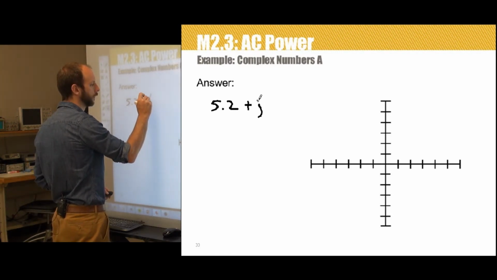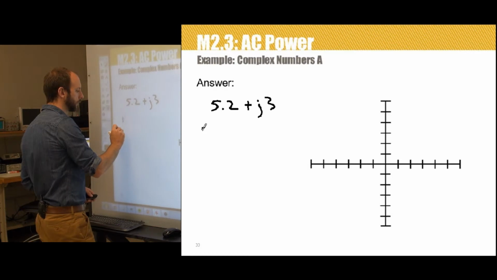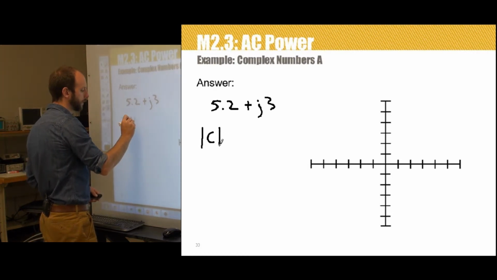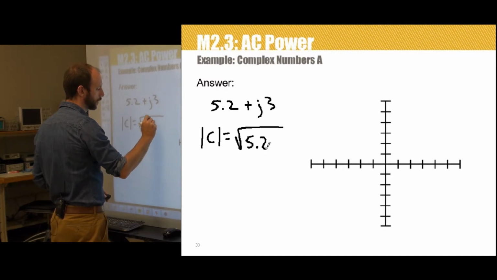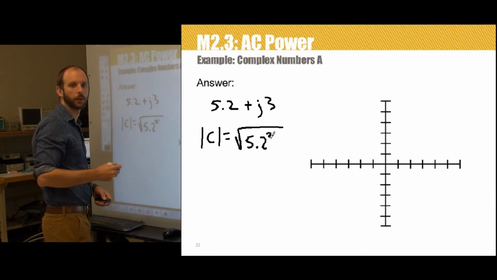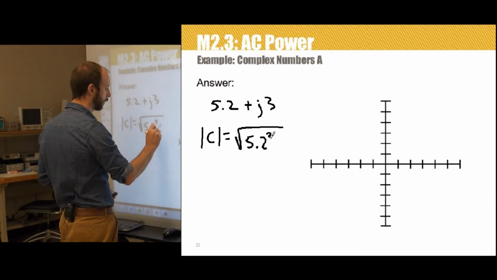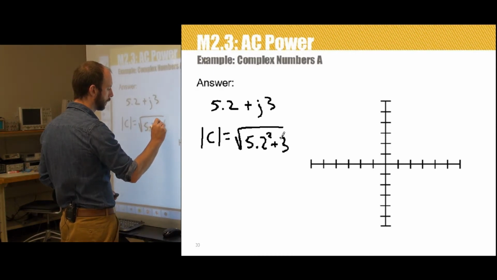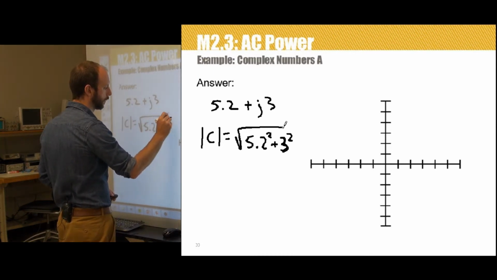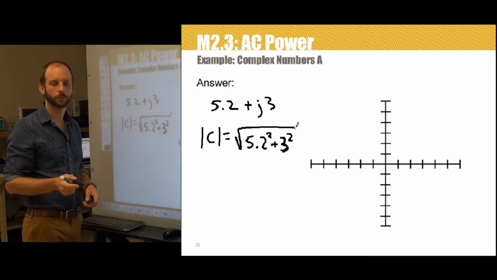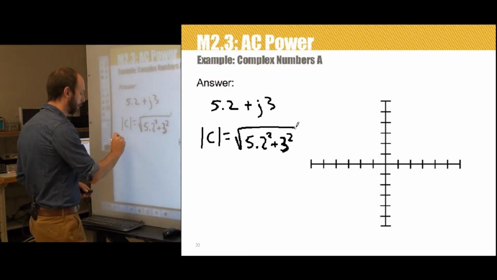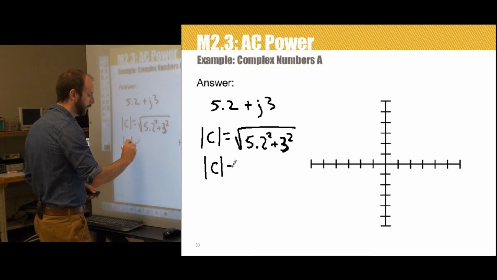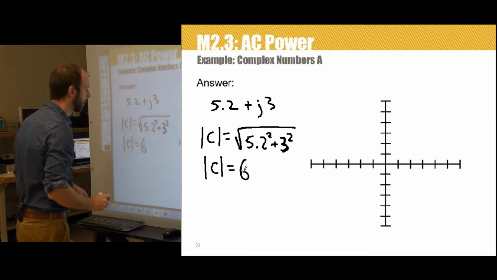5.2 plus j3. The magnitude of C is going to be equal to the square root of 5.2 squared plus 3 squared. And you already know the answer, but indulge me and do it in your calculator anyway. We end up getting the magnitude of C equals 6, and then